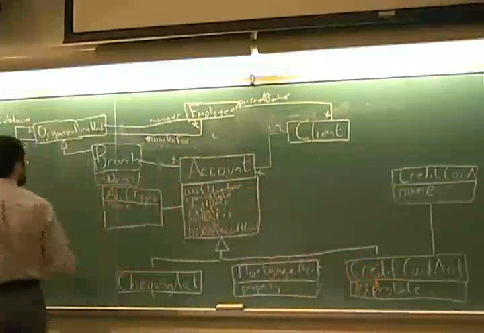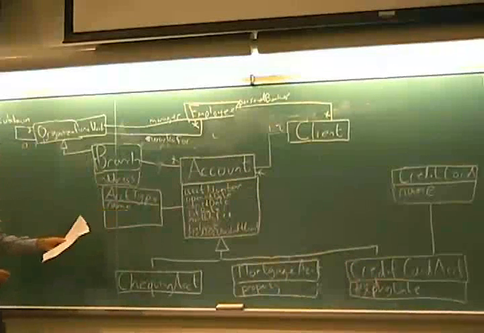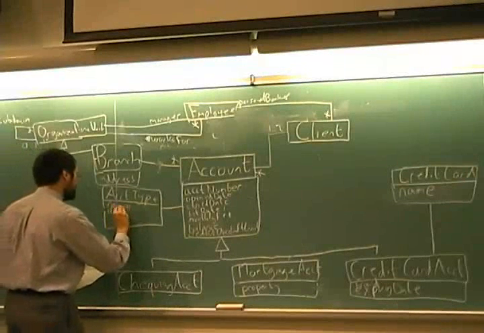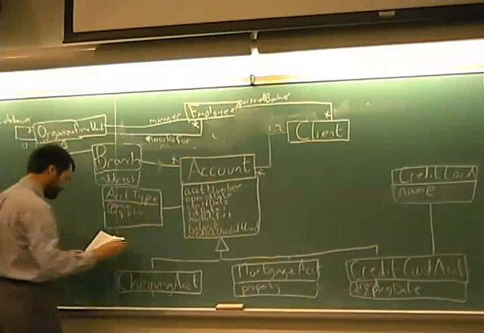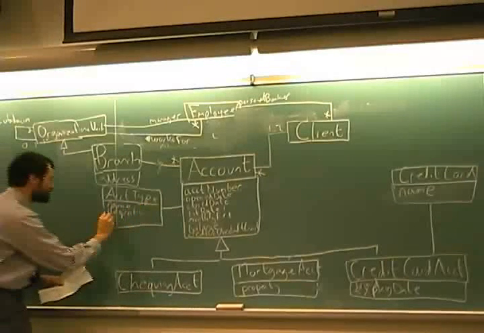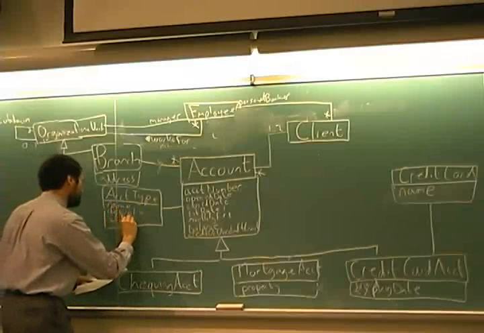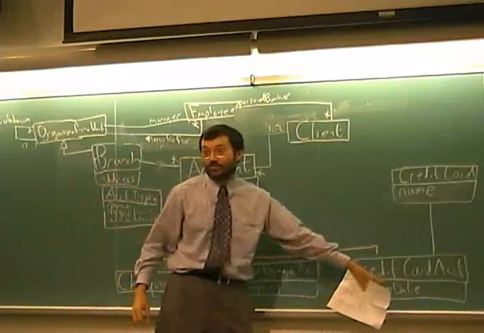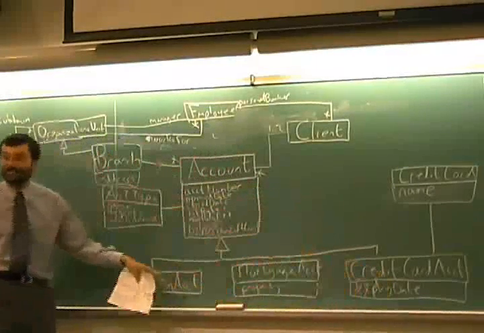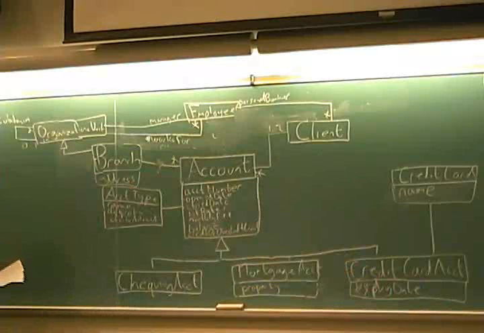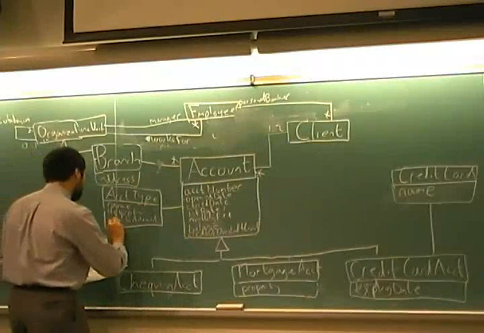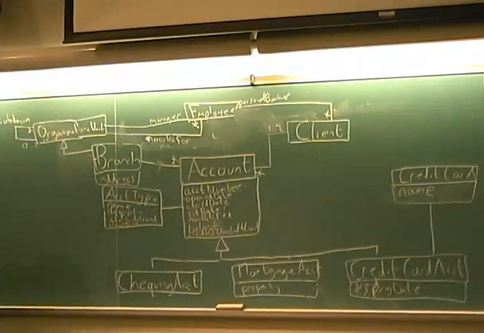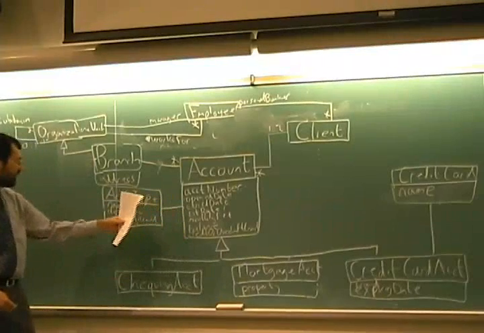And all of these things can be account types that have a name and have associated with them maybe a description of the privileges, a number of things like that. Maybe whether checks are allowed. Actually, you're allowed to write checks on some credit card accounts, not just checking accounts. Interestingly enough, is there insurance available? Maybe there's insurance available in some of these accounts, and so some of this information that right now